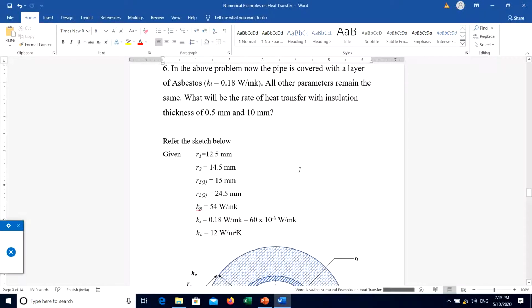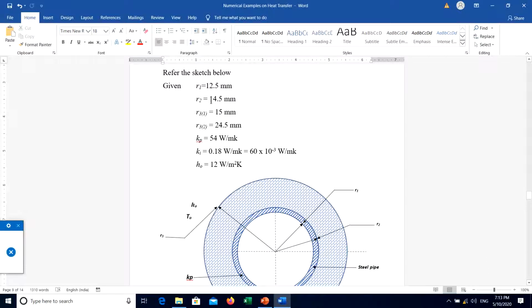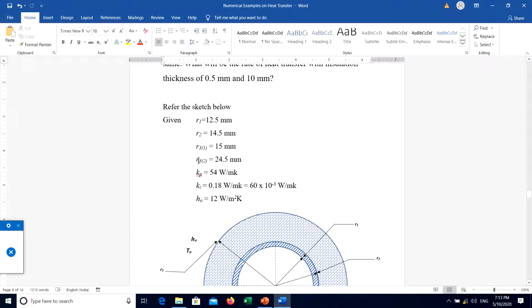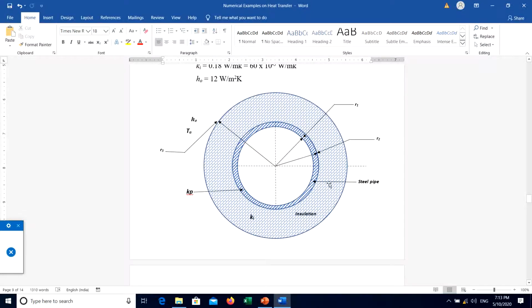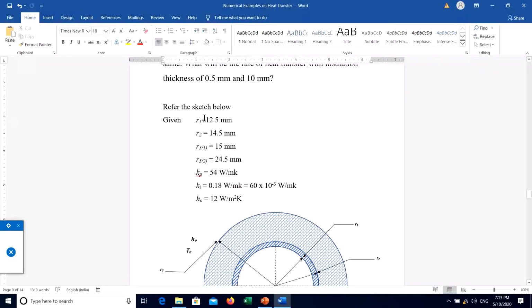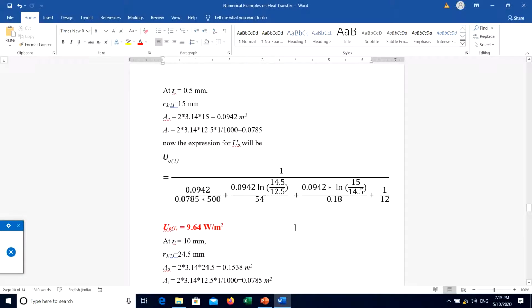So we have to determine the rate of heat transfer in two cases where R3, R1 is known, R2 is known. Now R3 in the first case is 14.5 plus 0.5. And in the second case, when the insulation is 10 mm, it is 14.5 plus 10 mm, that is 24.5. So in two cases we have to calculate. Now everything is indicated in these notations here, and then if you apply those equations and substitute the values, you will get